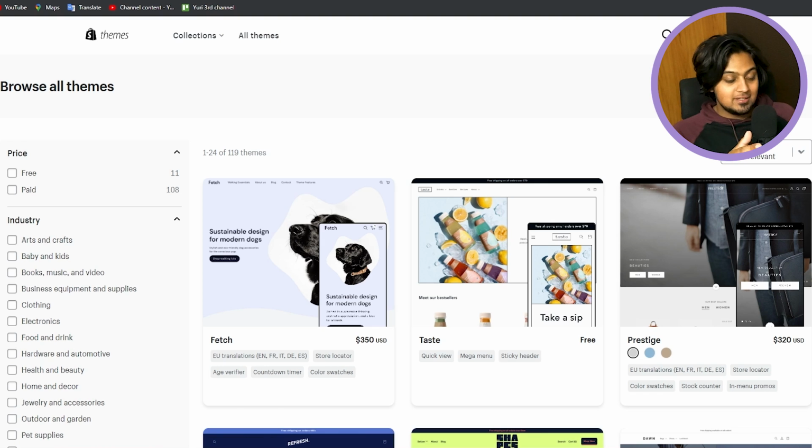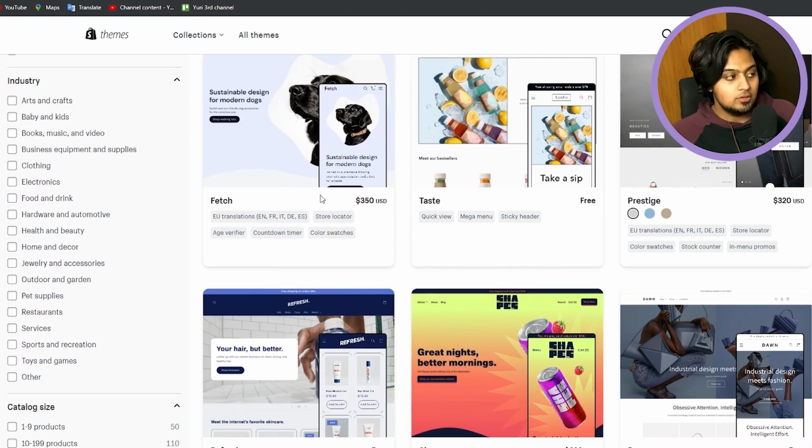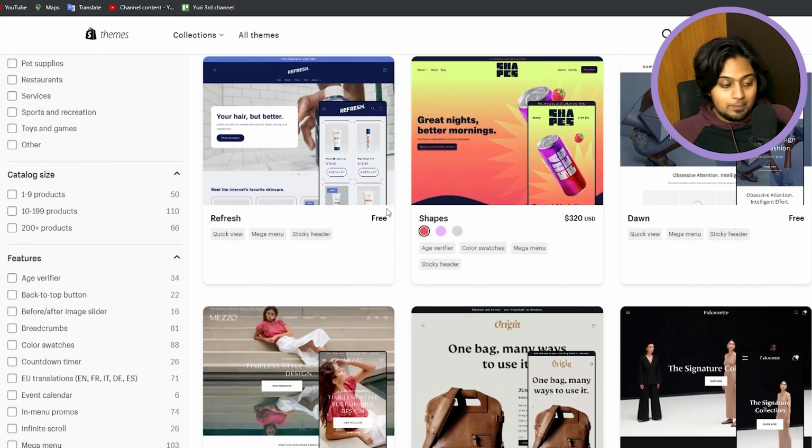So on the left side, you guys have all of your filters over here. So you can choose your industry from over here, so you only see themes that are relevant to your industry. Then on the right side, you can see all of the themes that are available in the Shopify theme store that you can use to make your store really, really stand out. Then of course you have your theme name over here, and then after that you have the price of that particular